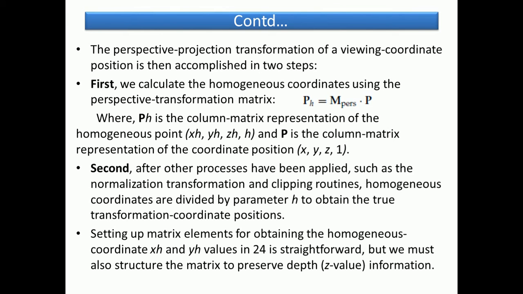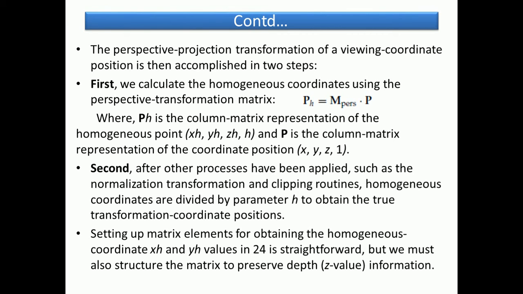The perspective projection transformation of a viewing coordinate position is then accomplished in two steps. The first step is we calculate the homogeneous coordinates using the perspective transformation matrix as ph equal to M perspective dot p, where ph is the column matrix representation of the homogeneous point, that is xh, yh, zh, h, and p is the column matrix representation of the coordinate position x, y, z, 1.